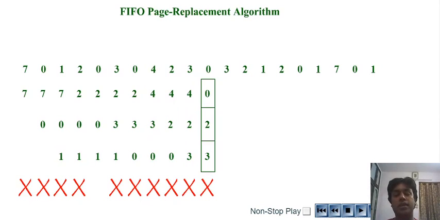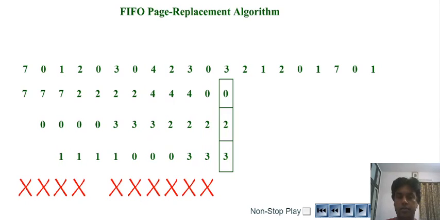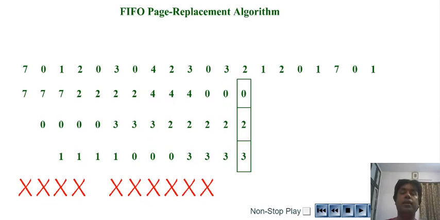After this the next reference is page number 3. Now again if you can see, 3 is already found in the third frame. So again there is no need for swap in and swap out because it is located somewhere in the memory, and hence we call it a page hit. Okay, now after this the next number is 2. Now again 2 is already in one of the frames in my memory, so again there is a page hit, so we are going to go further. So this is again a page hit.